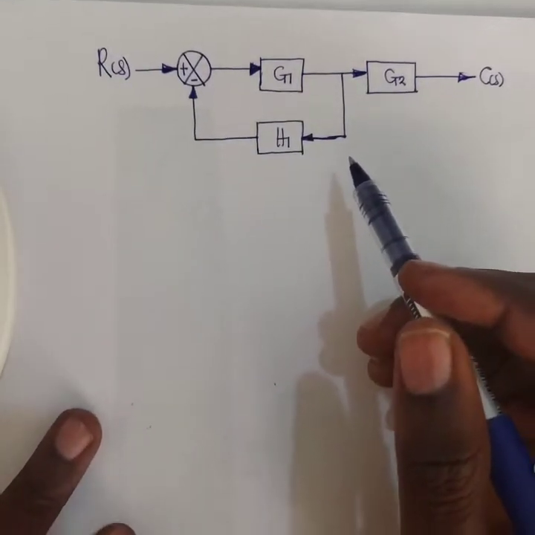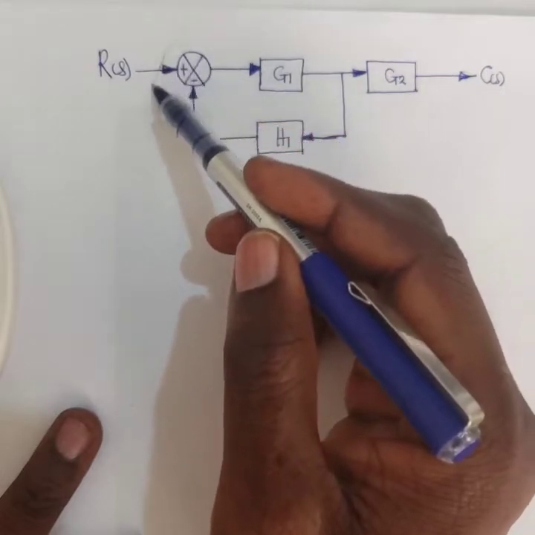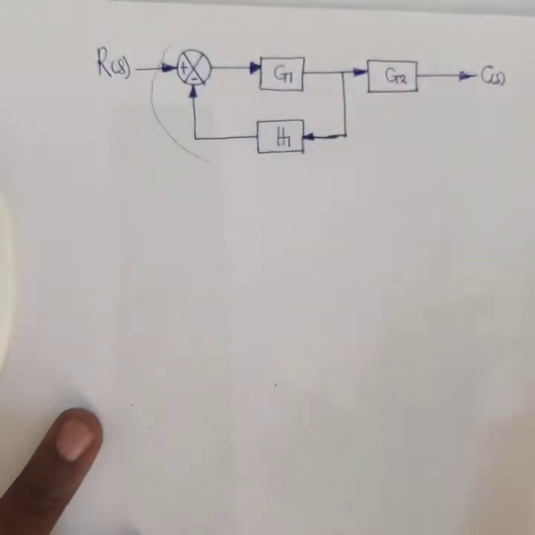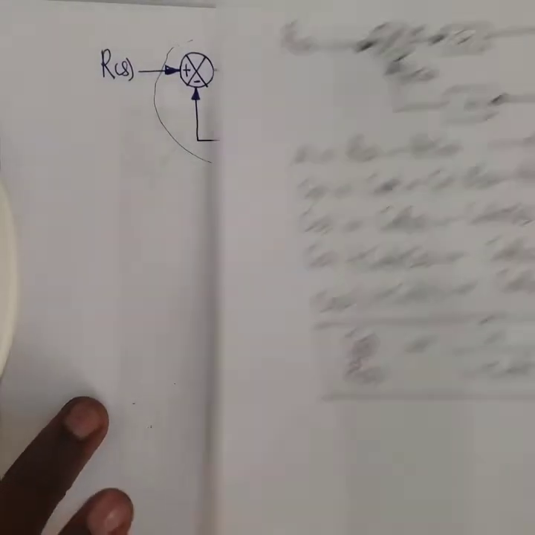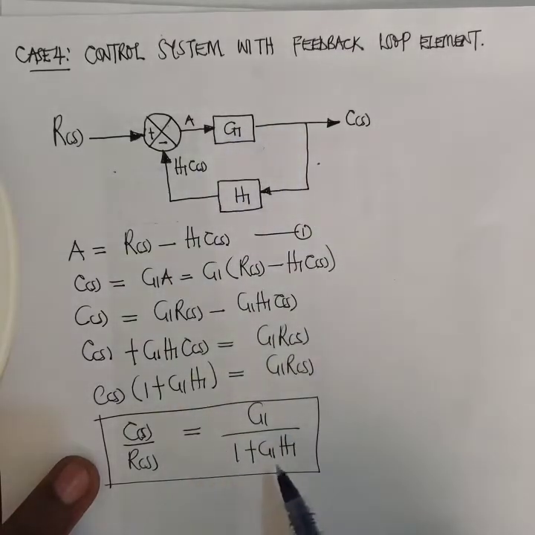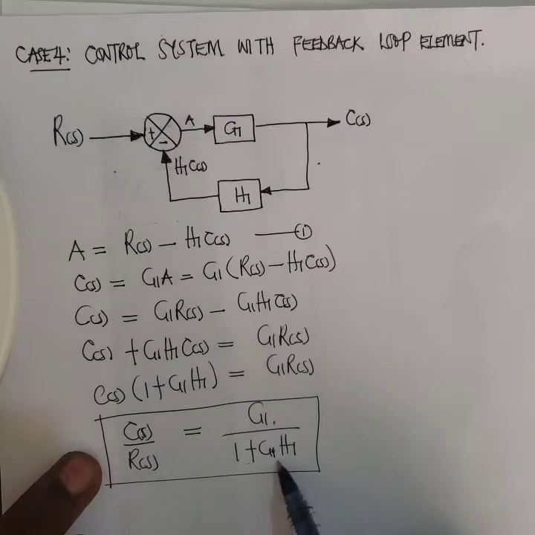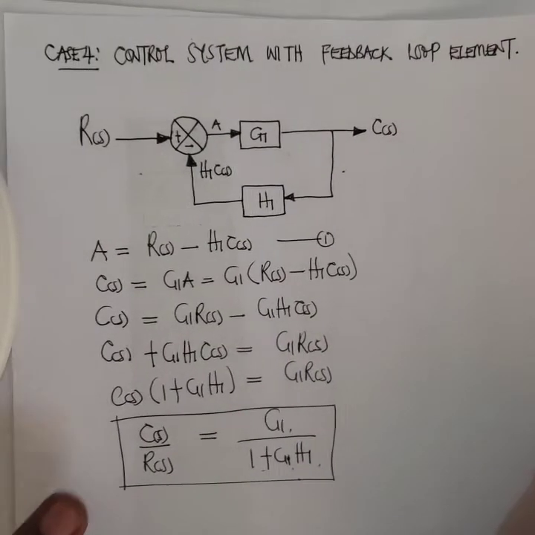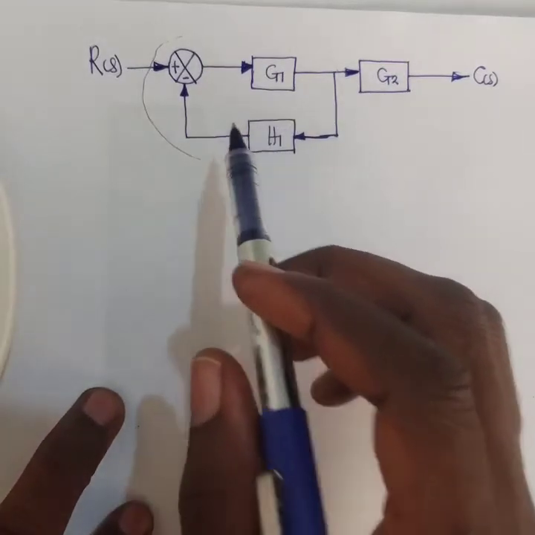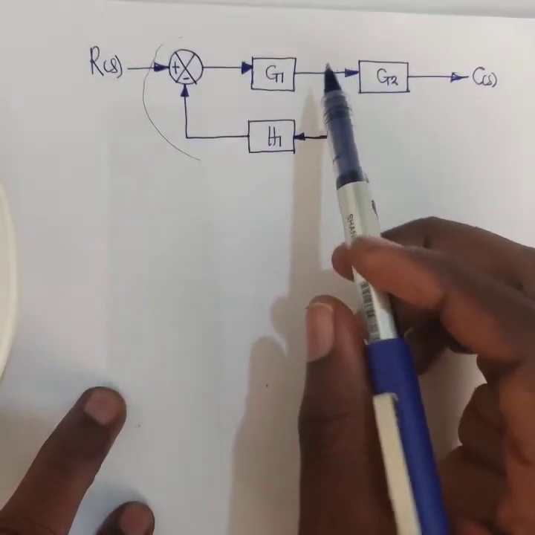So now, we've already looked at a case of something similar to this, where I told you that we drew something of this nature, that if I have this, we can easily reduce it to this form, and have our transfer function to be G1 all over 1 plus G1 H1. And that thing is what we are also having here now. We have something like this. So instead of me using the analytical method, we can equally use